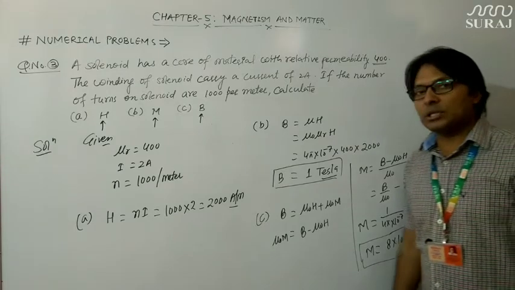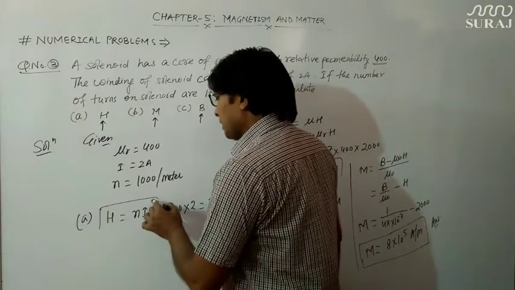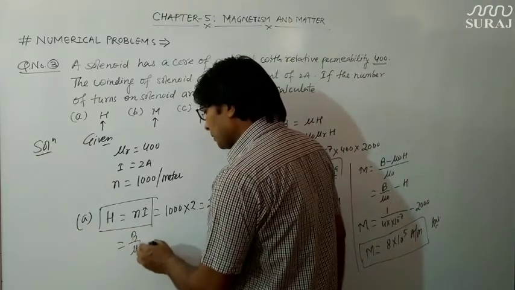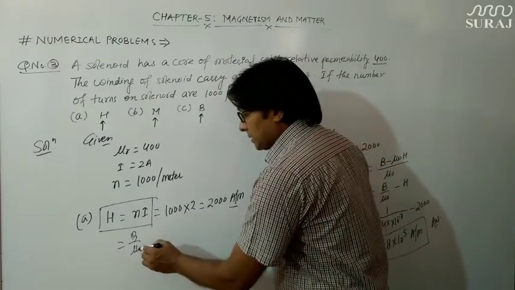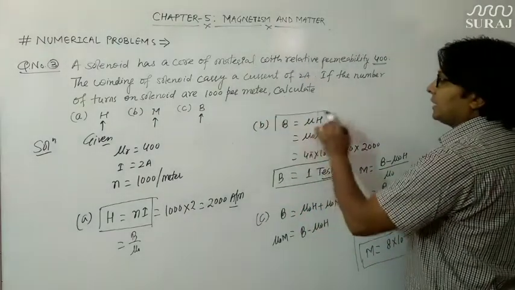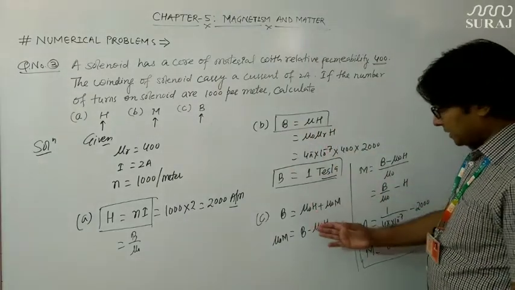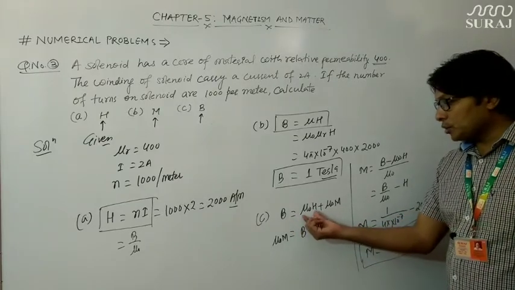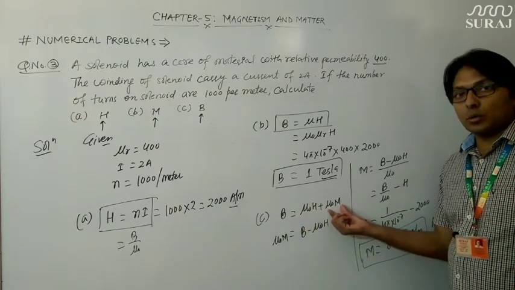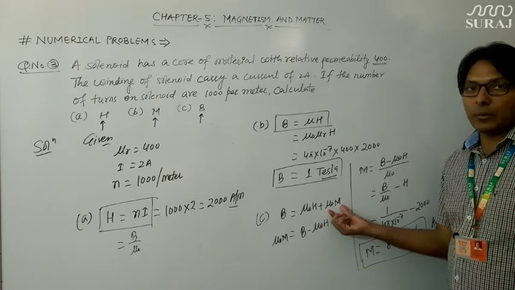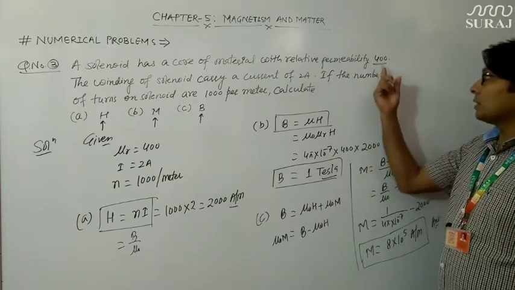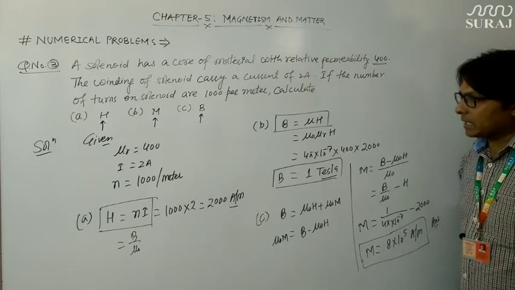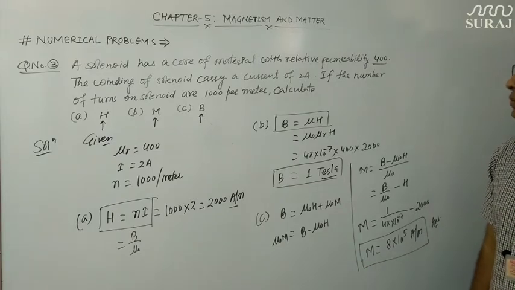So we must remember all these formulas. The magnetic field intensity H is equal to n I. Also we have the formula B upon mu, and this B, the magnetic field density, is equal to mu H. In fact, the net magnetic field inside the solenoid is mu 0 H due to the solenoid and mu 0 M due to the core of that solenoid, which is made of ferromagnetic material whose relative permeability is 400, and this M is known as magnetization or intensity of magnetization. Okay, so let us move to the next question.